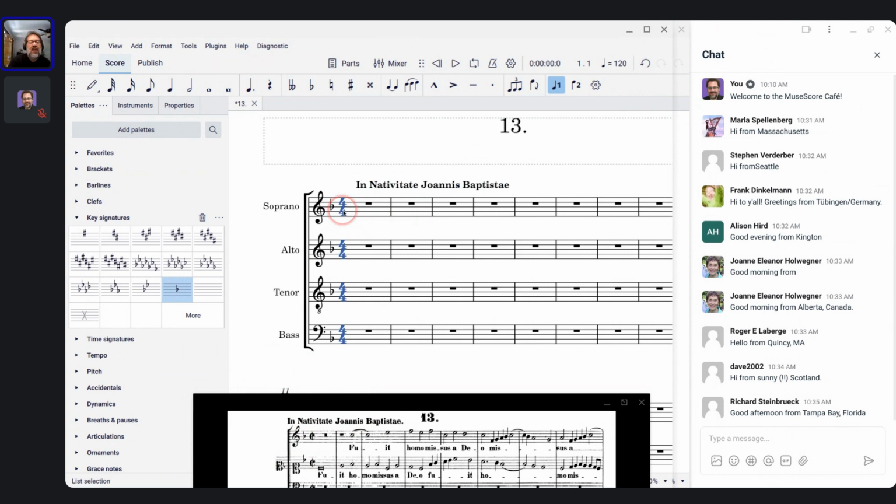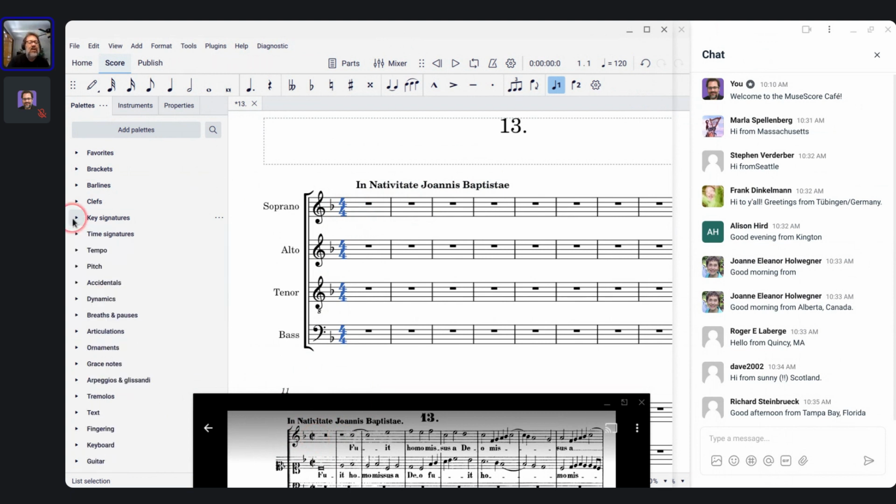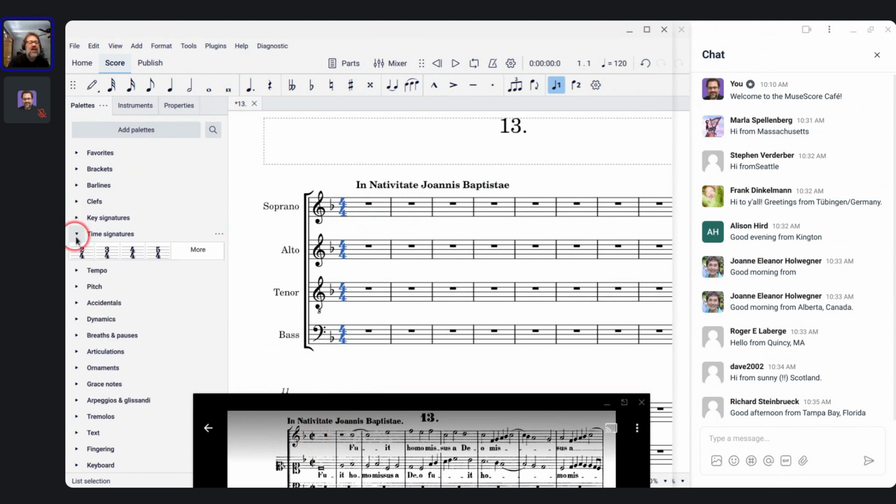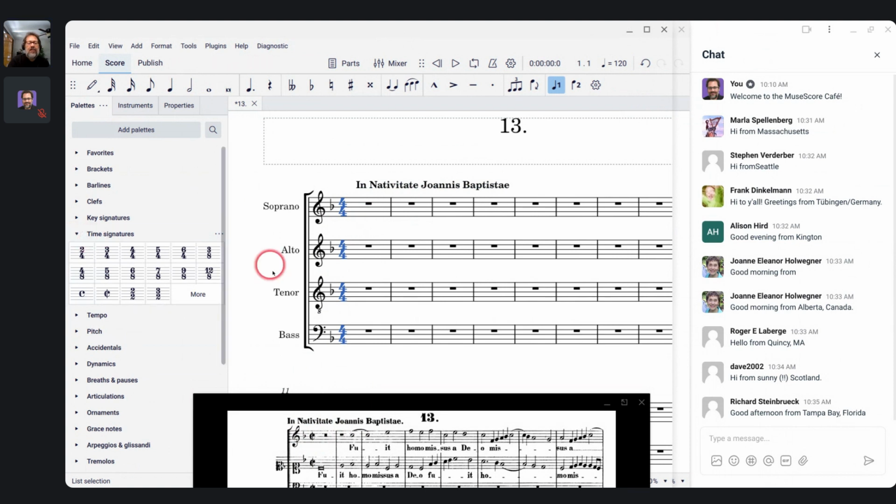So I want to change that time signature to 4:2, but displaying as cut time. And as I showed in this week's tip, I can do that by coming to time signatures. Actually, I'm going to switch to